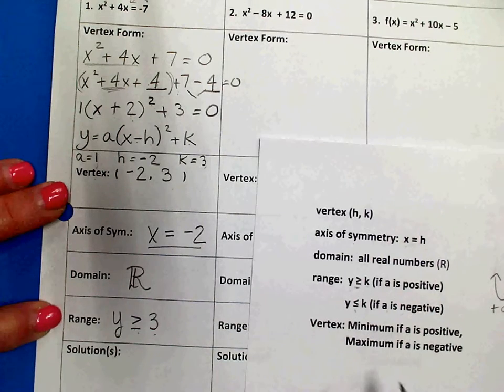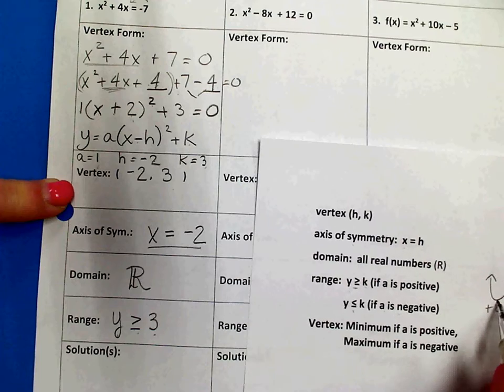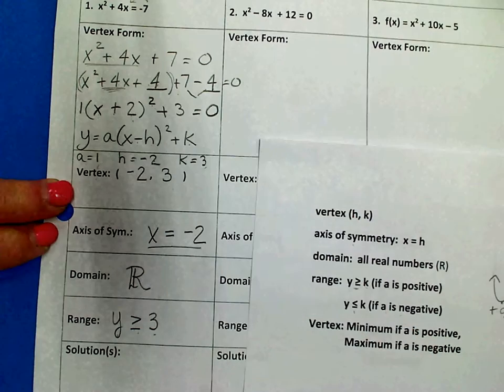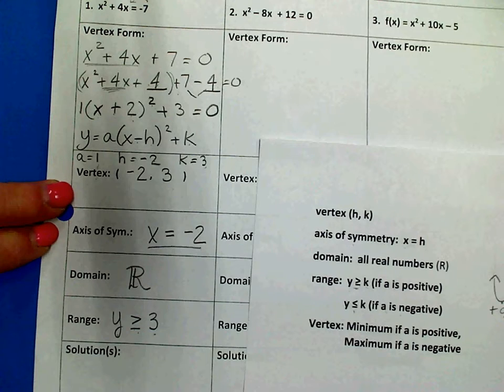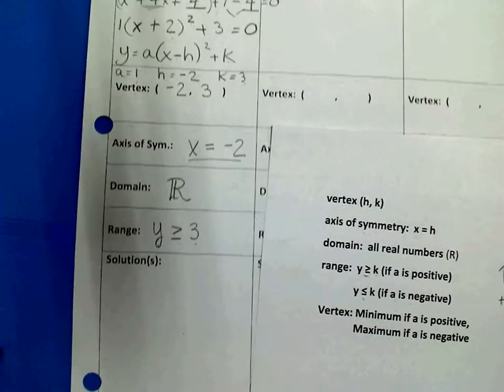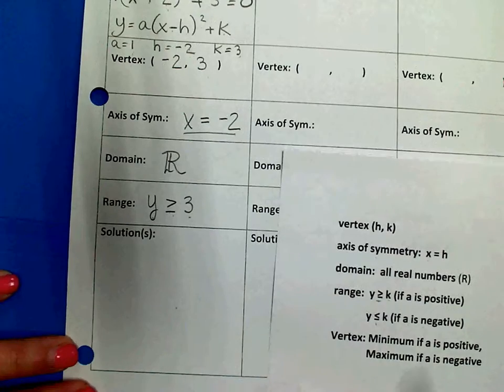This vertex is a minimum because that's the lowest point on the parabola. I guess we're not really asked to tell that, so that's just free information for you. You're welcome. Solutions. In order to solve an equation that's in vertex form, I'm going to come back up to